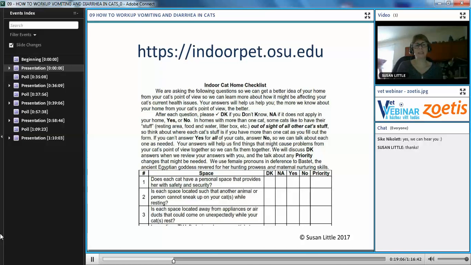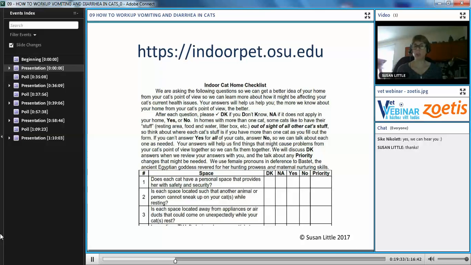And the other assessment that I mentioned was the environmental assessment. In the materials that I provided for this webinar, I put this form. This is from Ohio State University, and it's part of what they recommend for an environmental assessment. They call it the Indoor Cat Home Checklist. It's really just asking the owner things about the home environment